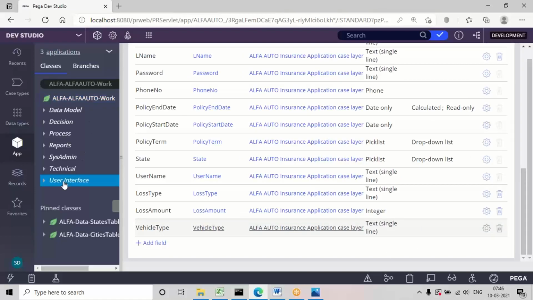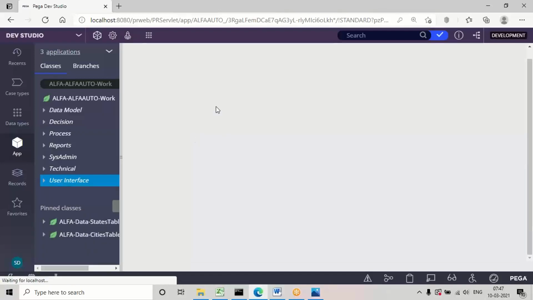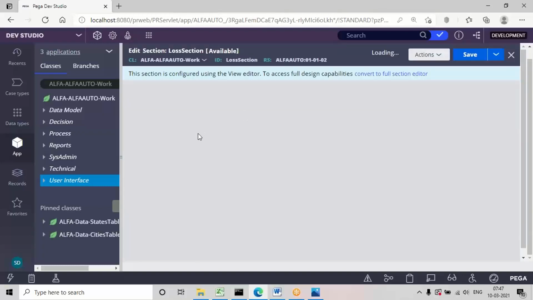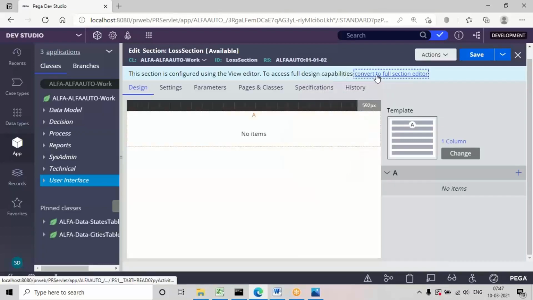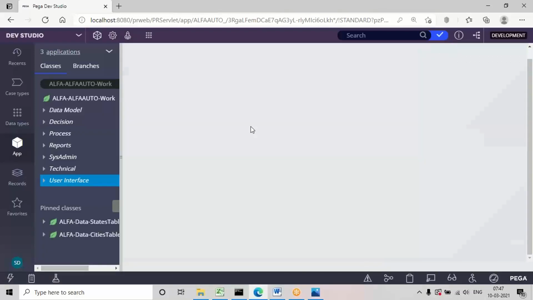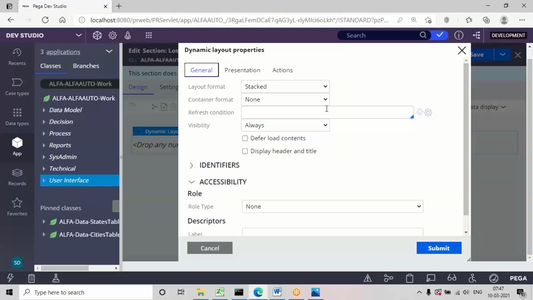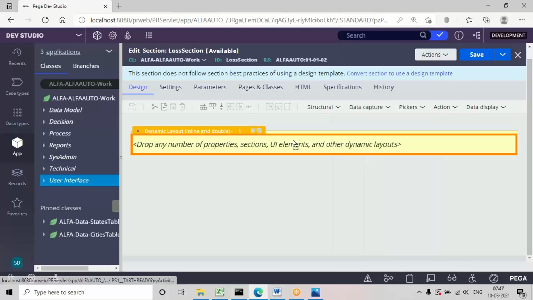So these fields I'm going to add in a new design. So create a new section now. Open a new section. So add properties. All are single value, right?